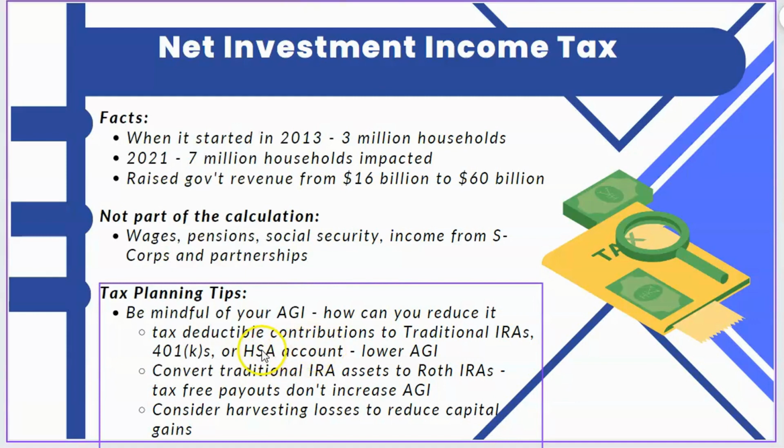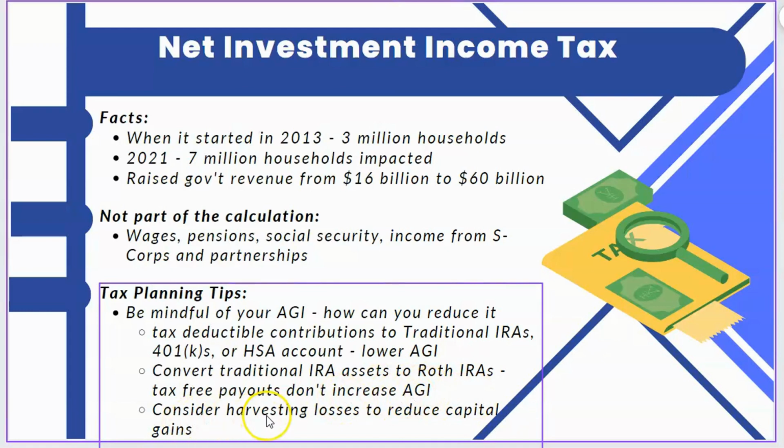I mention this a lot to our clients and prospects. This is key, especially as you get older. It's easy to put this money away now, and as you get older, you're going to have a lot of health issues, and having an account all built up and being able to take this money out tax-free is key. You may want to consider converting traditional IRA assets into a Roth IRA. And remember, tax-free payouts don't increase your AGI. So once you're in a Roth IRA and you decide to take that out in retirement, those distributions are tax-free and won't impact your AGI.